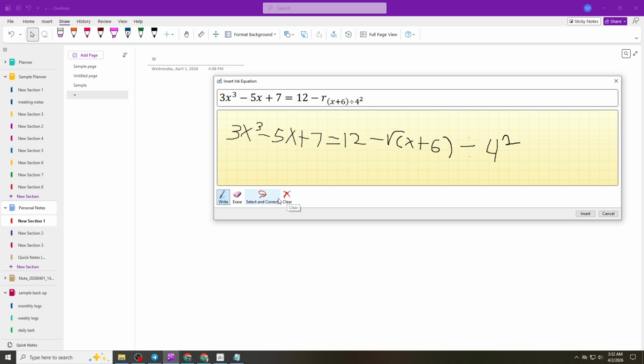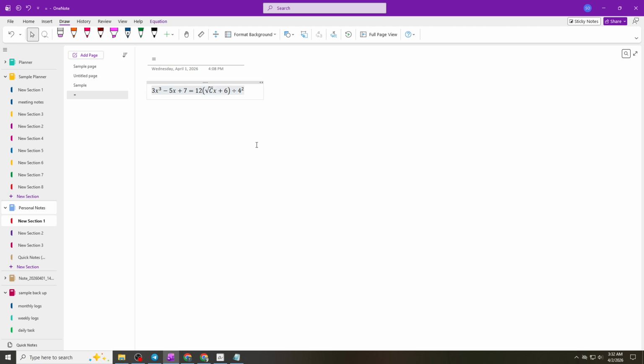Once you are satisfied with your equation, click the Insert button. OneNote will then convert your handwritten input into a properly formatted math equation and place it directly onto your page. And that's it. You've successfully created a math equation in OneNote using ink or text, making your notes clearer and